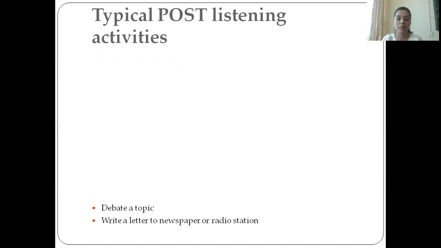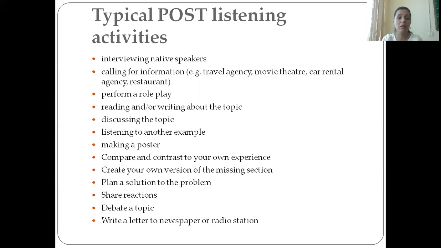Typical post-listening activities: debate a topic, write a letter to a newspaper or radio station, interview native speakers, call for information, such as a travel agency, movie theater, car rental agency, restaurants. Perform a role play, read and write about the topic, discuss the topic, listen to another example, make a poster,